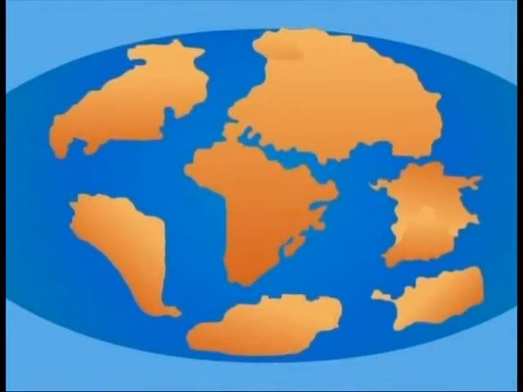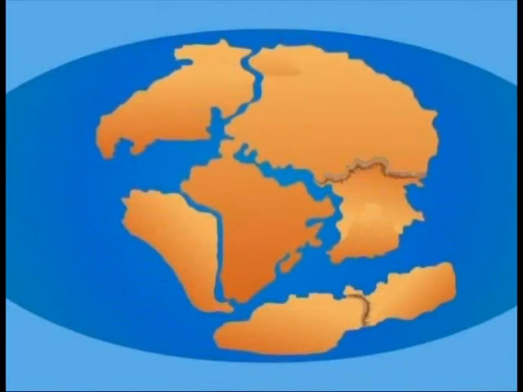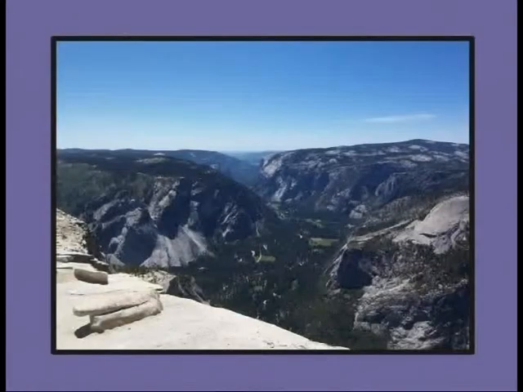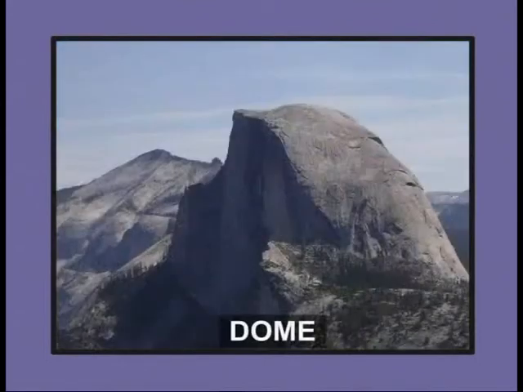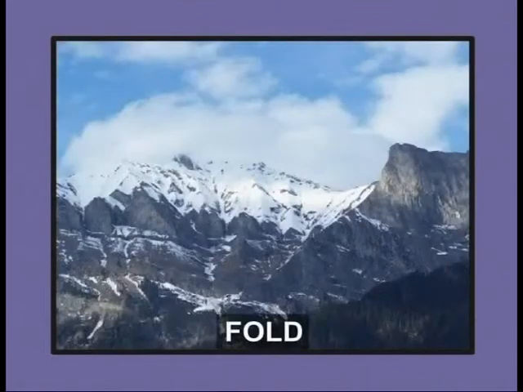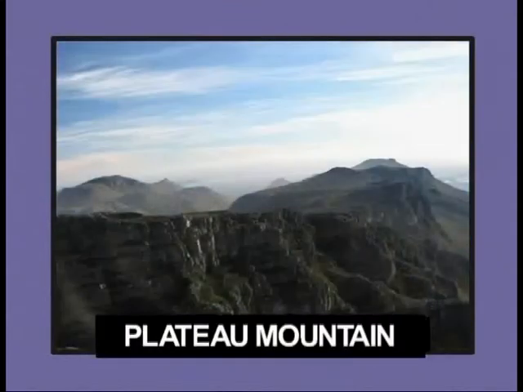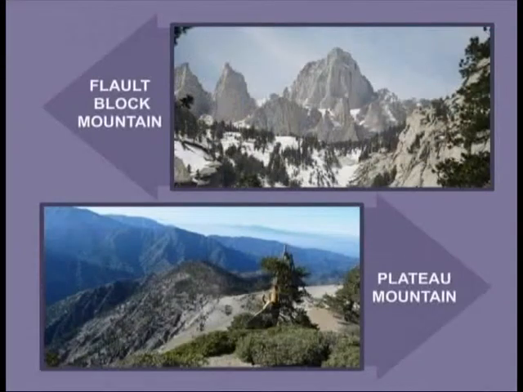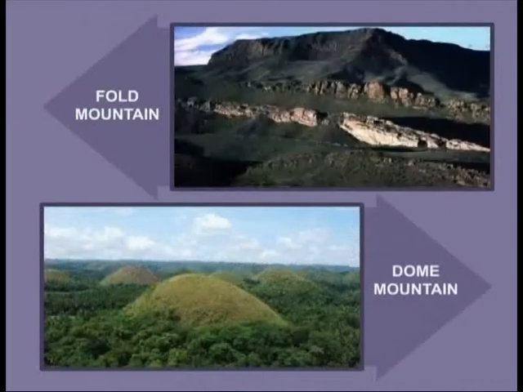The greatest mountain ranges across the world have been formed as a result of the enormous collisions between continents. The mountains can be divided into 5 basic types, namely dome, fold, fault block, volcanic, and plateau mountains. These different types of mountains help in differentiating the physical characteristics of the mountains and also tell us how they